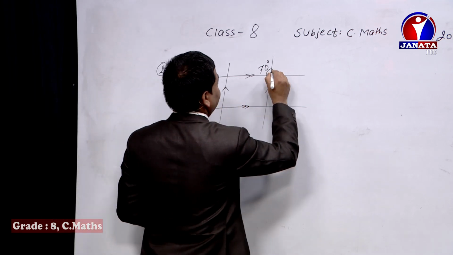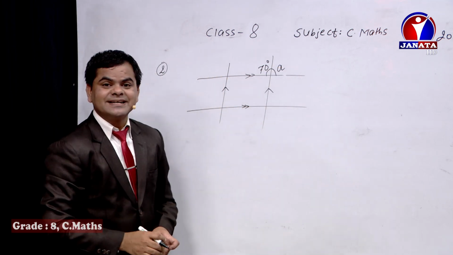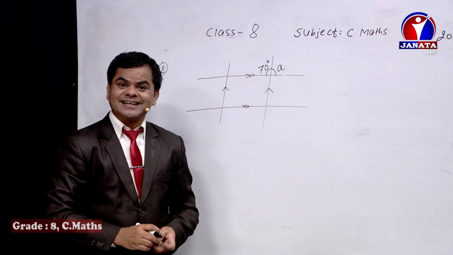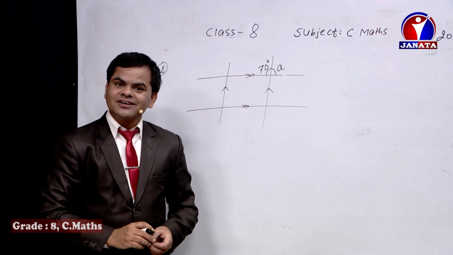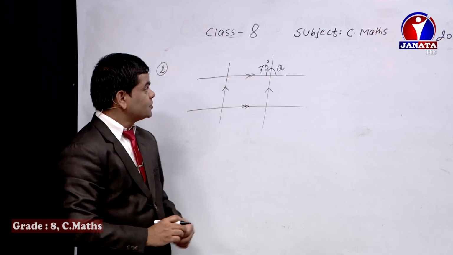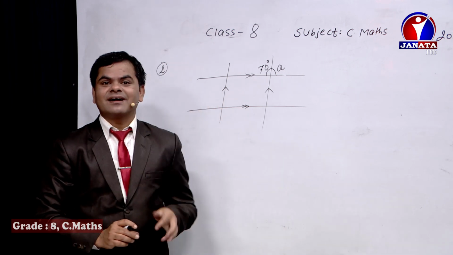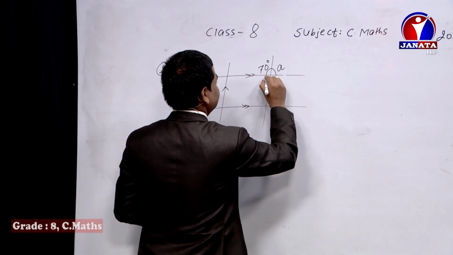First of all I'm writing here A plus 70 must be 180°, dear student, isn't it? Because they are the sum of straight angles, or the linear pairs, or the sum of supplementary angles. So we'll get the value of A as 110°. Do that one. And then after that I'm going to present here B.